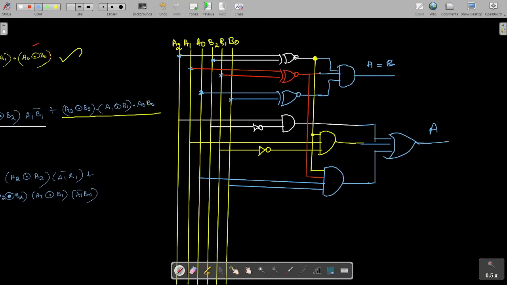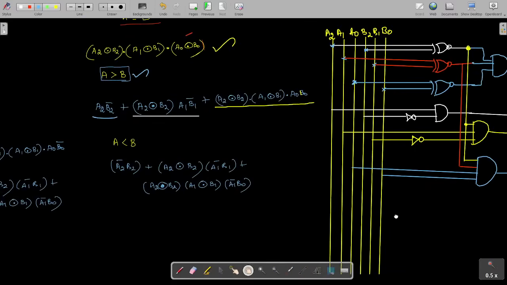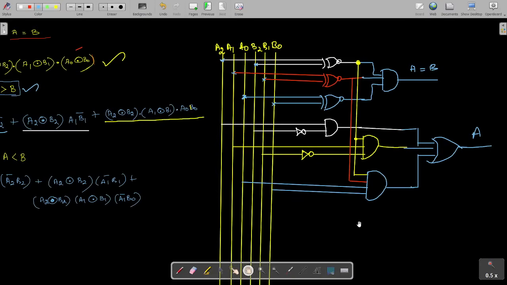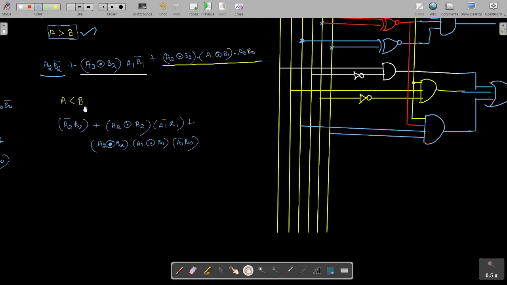A is greater than B. So we go for this, A is greater than B. That is over. Now we go for the third. So the third condition is A is less than B. This is the third condition we have to now implement. For that, the first term is A2 bar B2.